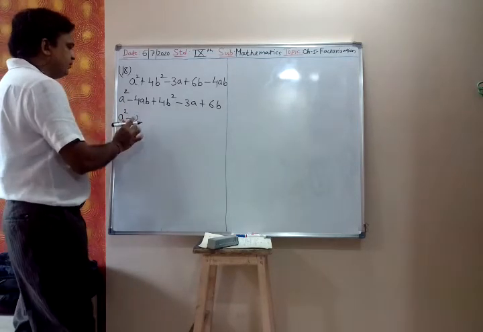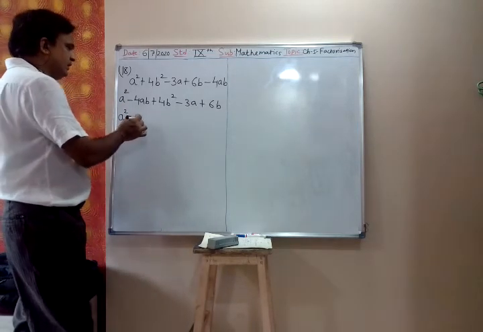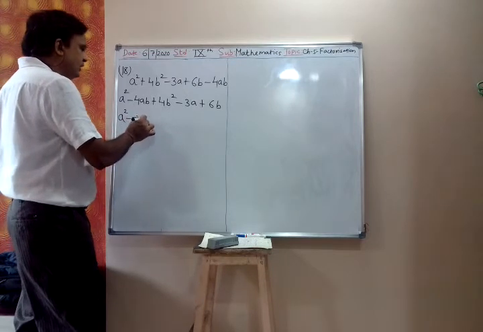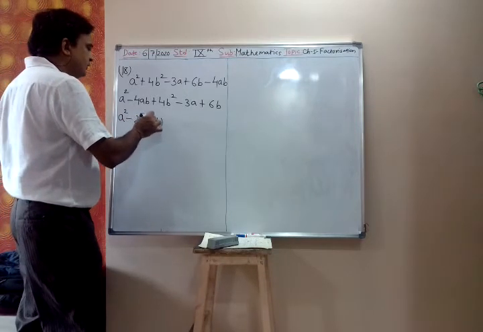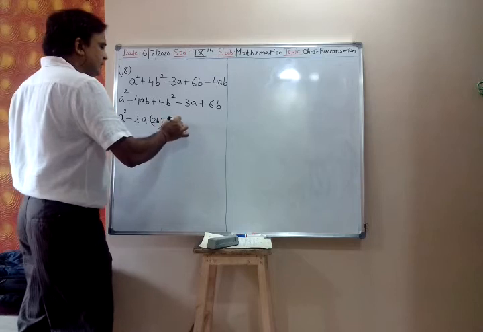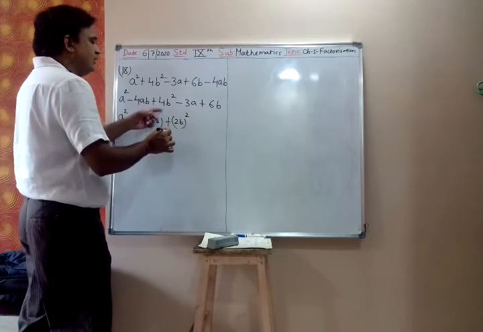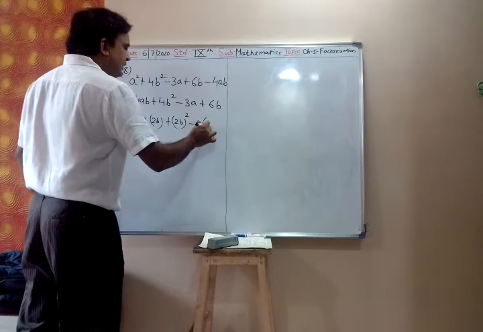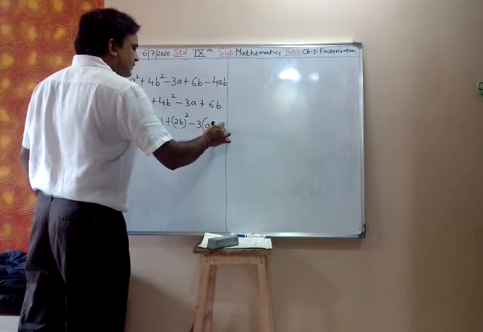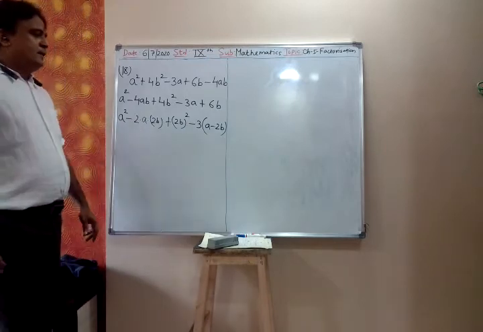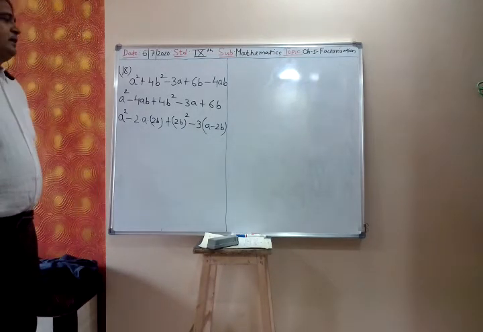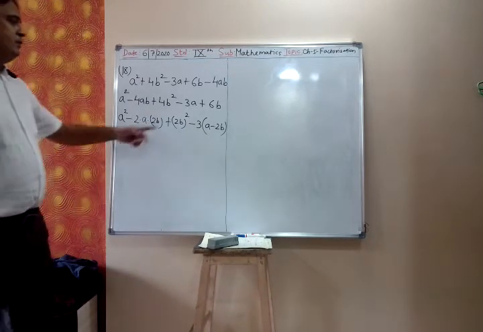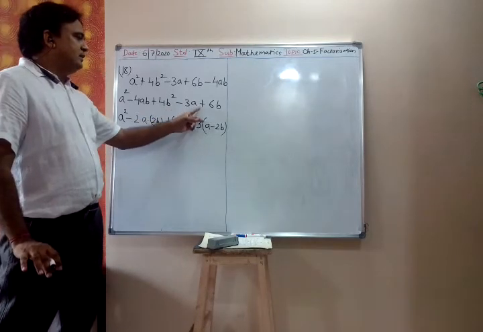So this I can write 2 into a into 2b plus 2b whole square. 4b square I can write 2b whole square. Then minus 3 is common. Then it is a minus 2b. Minus 3 common, a minus 2b. Whether we take outside minus,